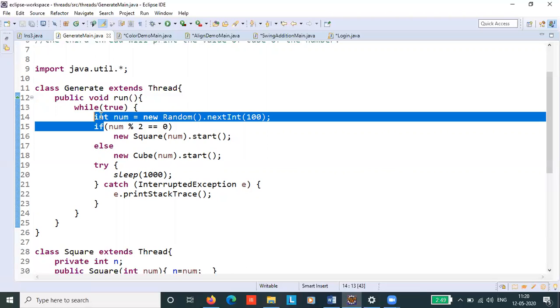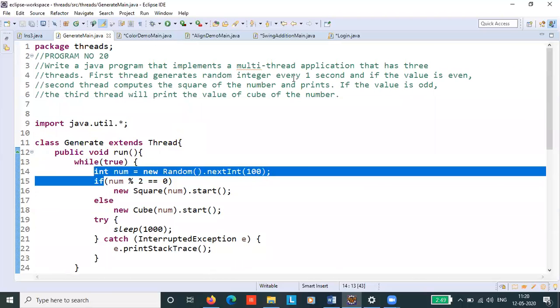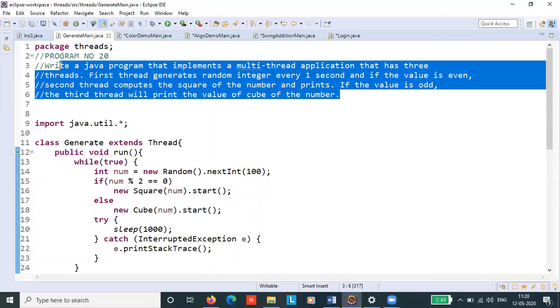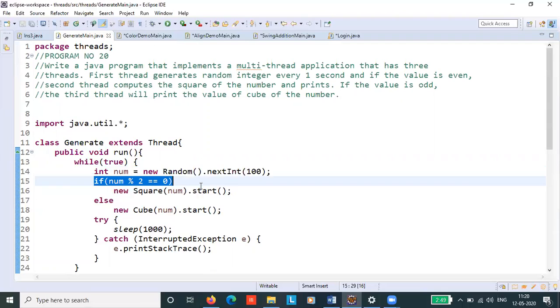Next, we have to check whether the number is even or odd according to the problem statement. How to do that? Simple logic.